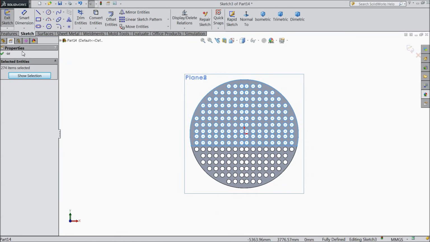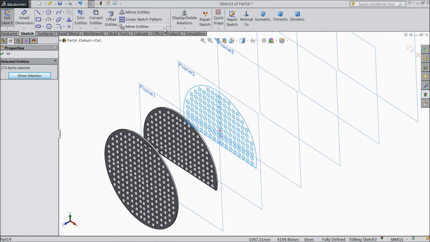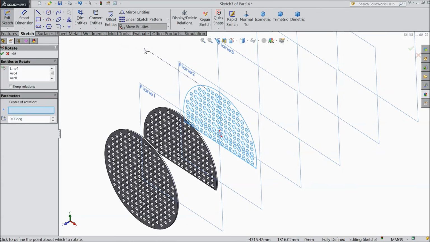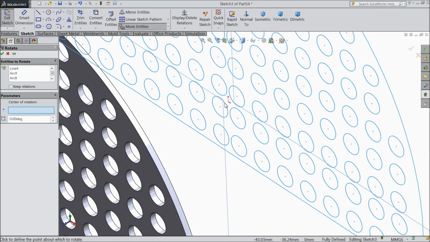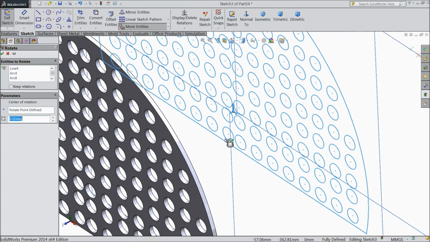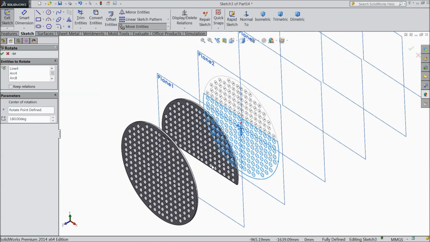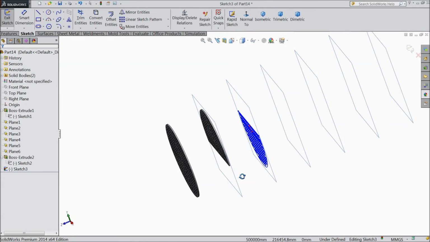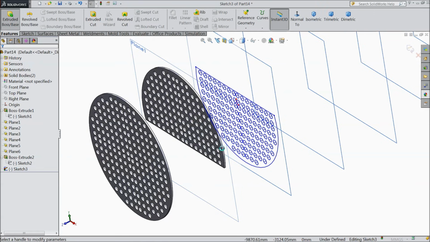And here one option, move entities, drop down this menu and select rotate entities. Now all are selected. Select the point. Select origin point as a center point. See, and here select degree 180. Now it is rotated. OK.